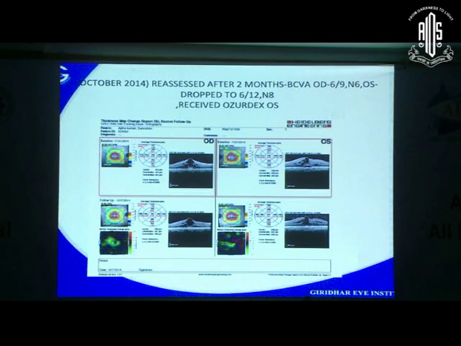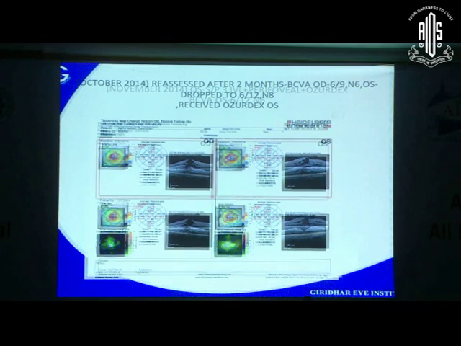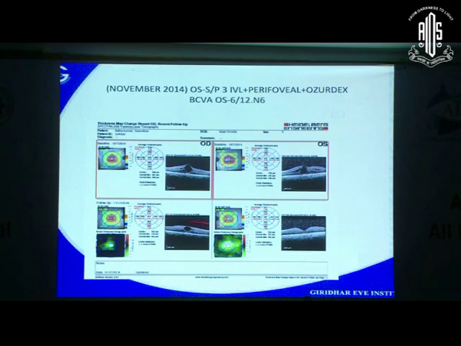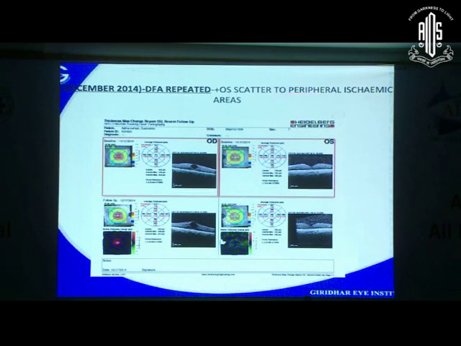So in this particular situation, what I did was, I injected Ozurdex, because I felt that there is significant thickening, and it's recurring after anti-VEGF and laser, and I treated her with Ozurdex, and along with Ozurdex, I also did a fluorescein angiogram, and she had a lot of peripheral ischemia. Therefore, I gave a little bit of peripheral laser along with the Ozurdex, and with that, there was a resolution,